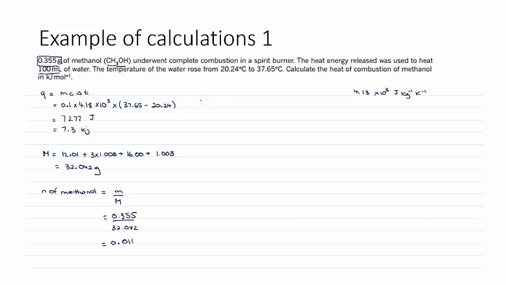Okay, and the last step, to work out the heat of combustion, we're going to do Q over N. Remember, as always, you don't round off any of the values until the very last step. So rather than just typing in 7.3, make sure that you use the value that you've saved in your calculator earlier. So the final answer that I've got is